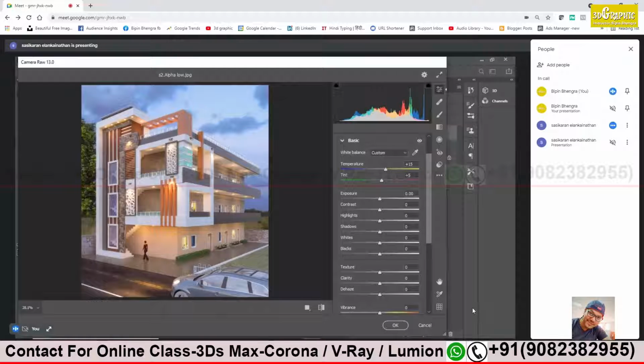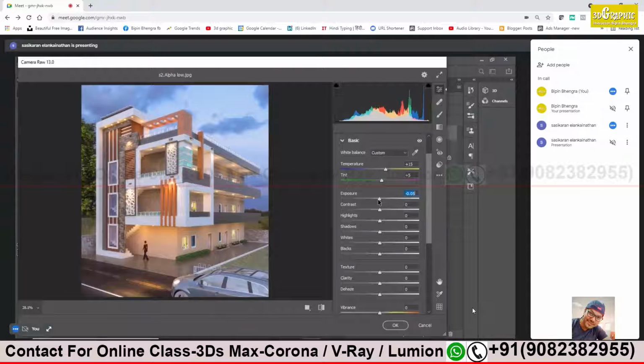Okay, that's all. Come to exposure now, below. Now exposure, just increase. You will see the effect. I don't have to explain it much more. Increase and then decrease. You will see what result you are getting. It depends upon how much light you want in your scene. If it is day, you may increase the exposure. If it's night, you may add a little bit of increase, or you can decrease the exposure value.